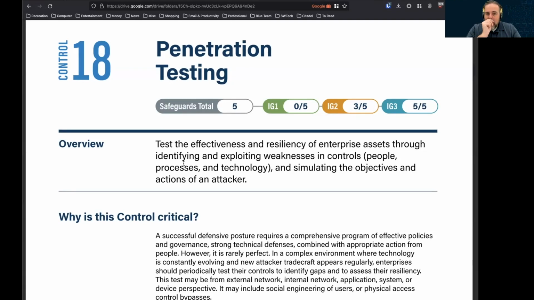In this case, you might test those people with more phishing evaluations and things like that. Those workstations, you might not even be able to test appropriately just due to the nature of having a remote workforce. So you might look at this penetration testing control and say, I don't fall under the traditional understanding of how penetration tests are done.